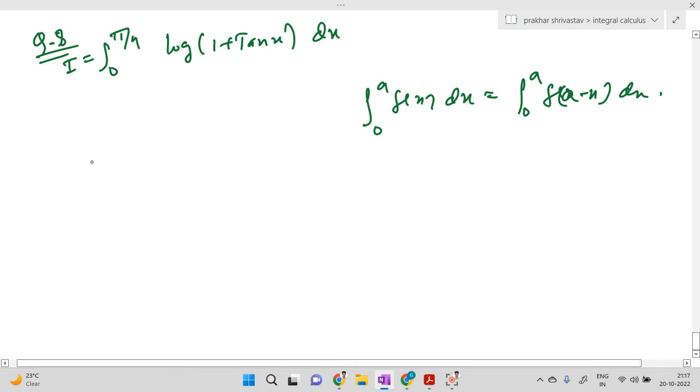It's easy to learn with practice. So I becomes, we'll apply the formula, integral 0 to pi by 4 of log of 1 plus tan of pi by 4